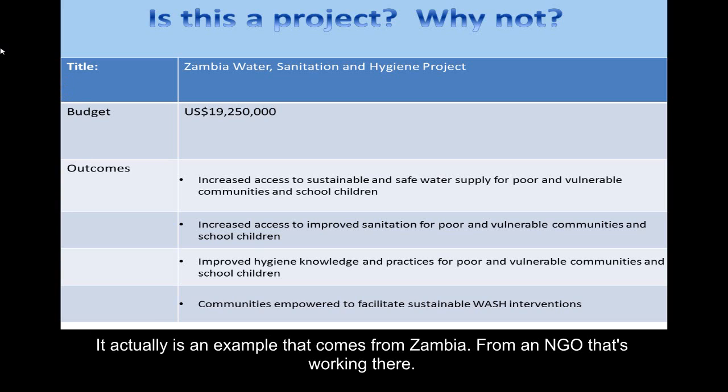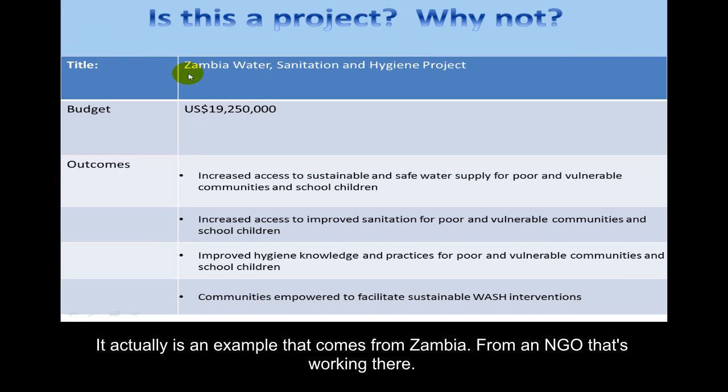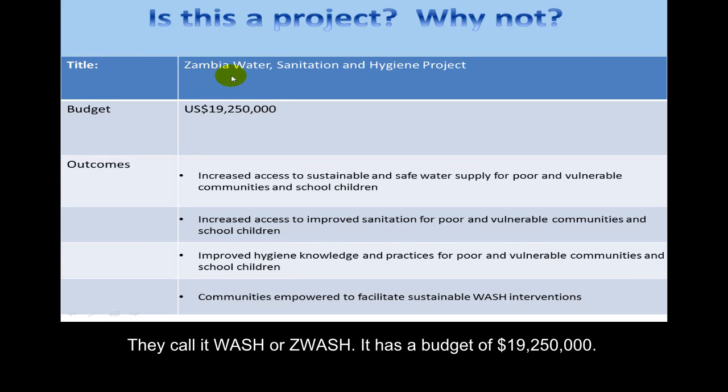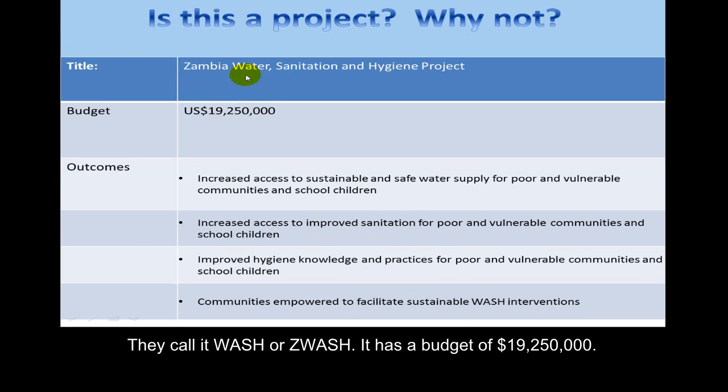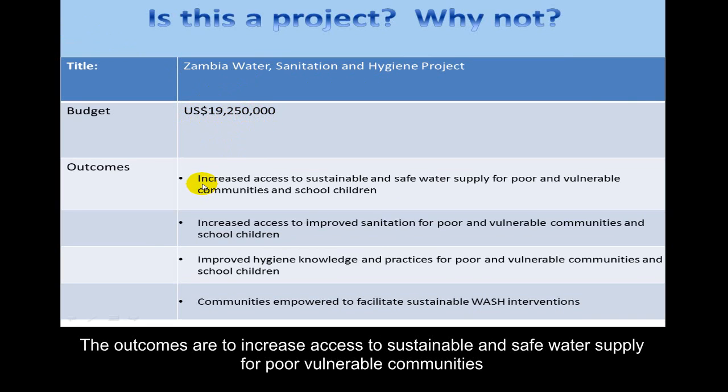So I guess you can see from the way I've asked that question that it's not a project. It actually is an example that comes from Zambia, from an NGO that's working there. They call it WASH or Z-WASH. It has a budget of $19,250,000 US, and the outcomes are to increase access to sustainable and safe water supply for poor and vulnerable communities